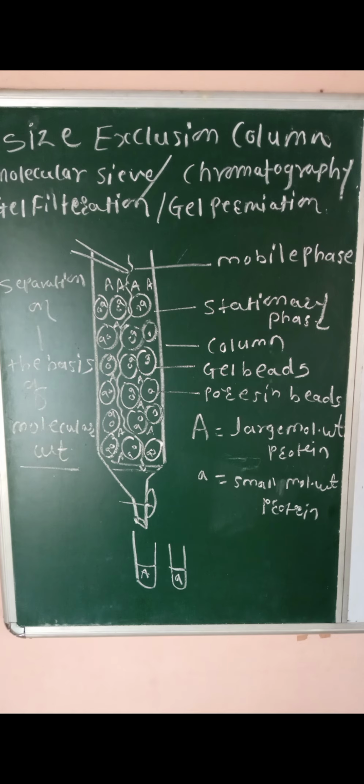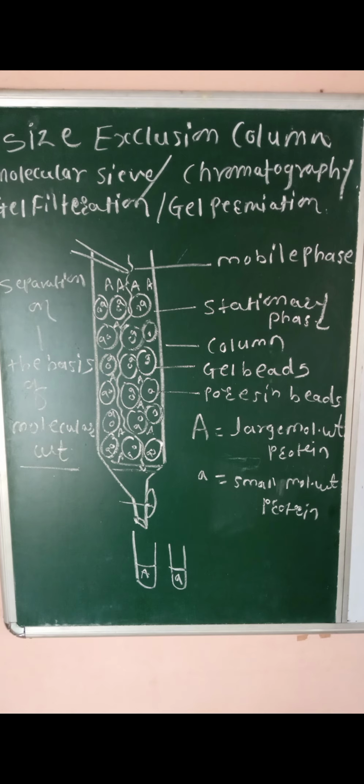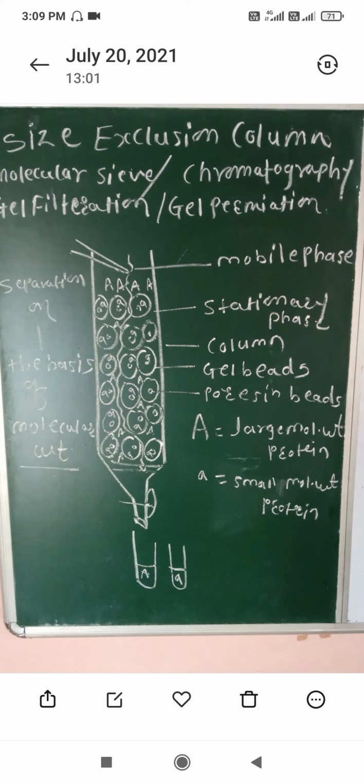So the principle of this column chromatography is separation on the basis of molecular weight. This is about the basics of gel filtration column chromatography. In the next lecture we are going to study the detailed mechanism, the KD value, what the partition coefficient means, the elution volume, the void volume, and the inner volume, that is, the volume of the mobile phase present between the gel beads as well as in the pores of the gel beads, how it is calculated, and the detailed mechanism in the next topic.